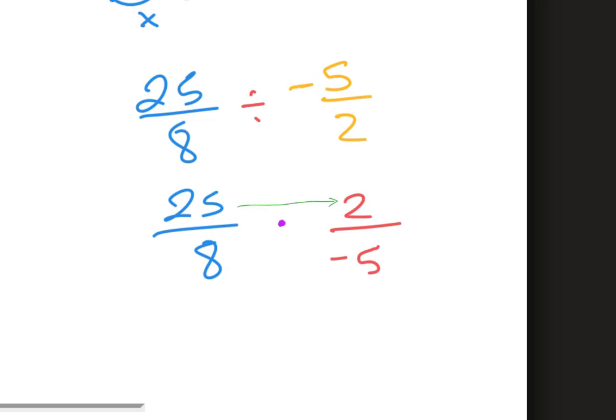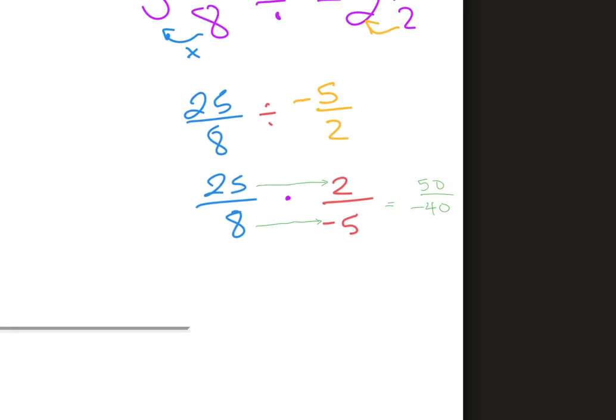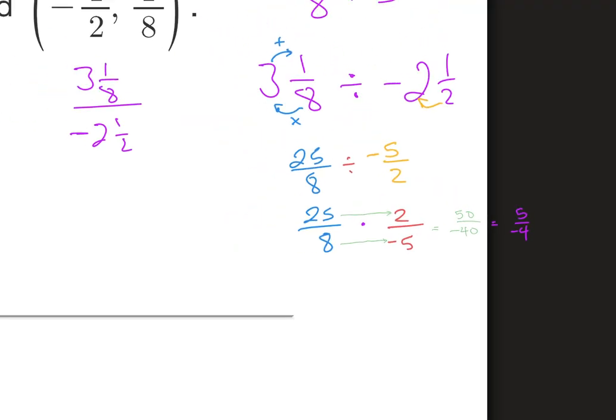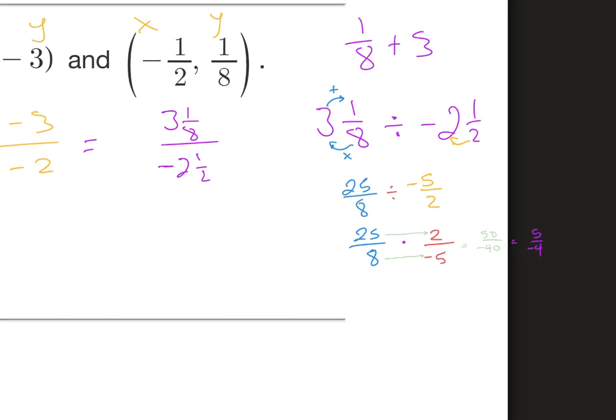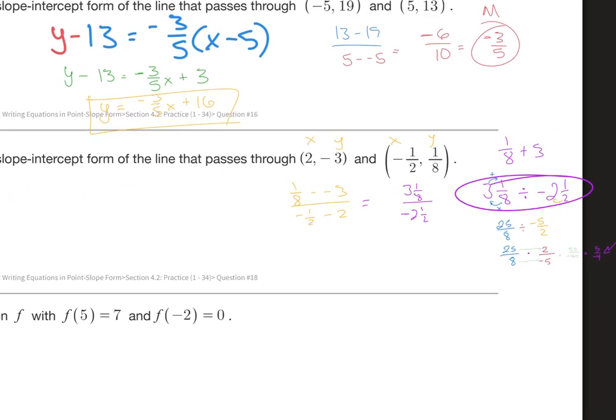Multiplying straight across. Some of you might be a little bit more professional at multiplying fractions, and you actually know that you can kind of what I call cross cancel. So, I mean, I could show you that, but basically what you get is 50 over 40, and that's pretty simple enough to deal with. You divide them both by 10, you get negative 5/4, right? So, boom, there's our slope. Negative 5/4. How many of you were expecting that to turn into that? I don't know if I was. Anyway, so our slope,